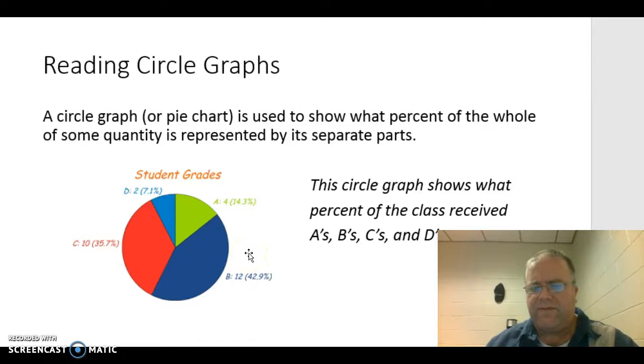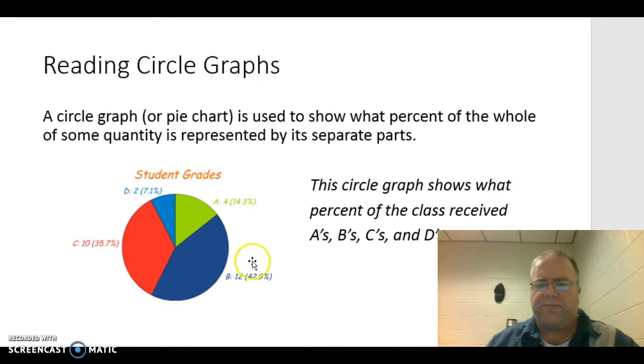So we can compare those items and the quantities of those items and the percentages of those items. So for example, if I had all of these students' grades and I wanted to see how they compared with each other, how many students were getting B's compared to A's compared to C's, the pie chart would be a great chart for me to